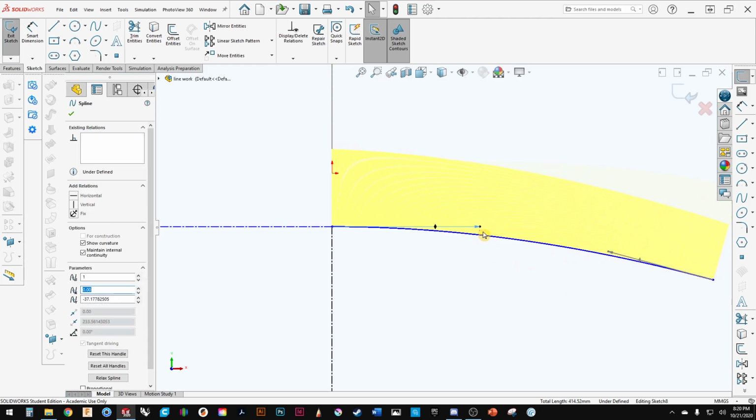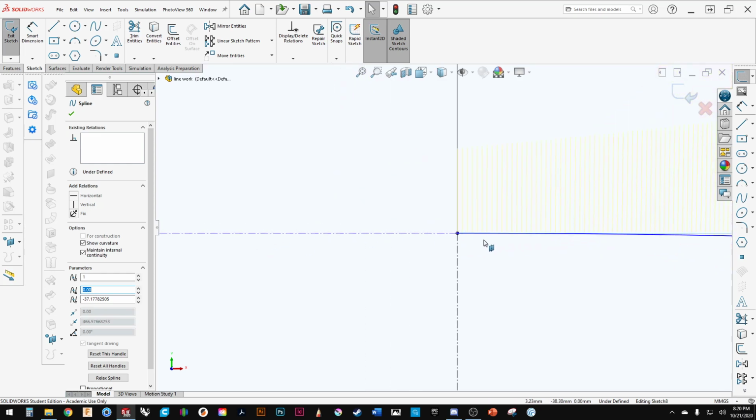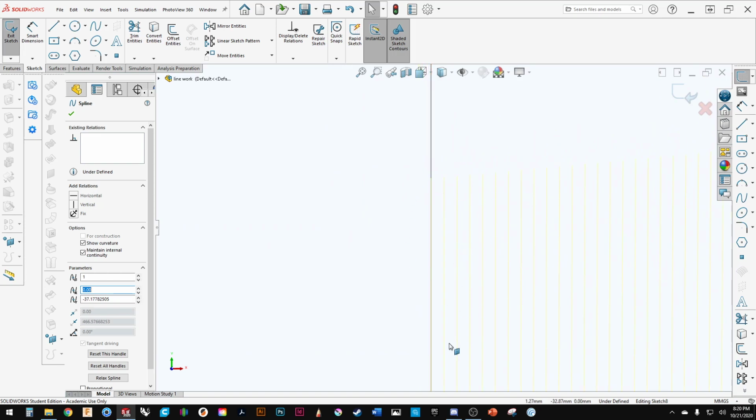Now, you can still see how much of a radius. So I can still adjust the rate of curvature, but when I mirror this over, it's always going to be perfectly tangent at that point. So if I was to exit out of here,